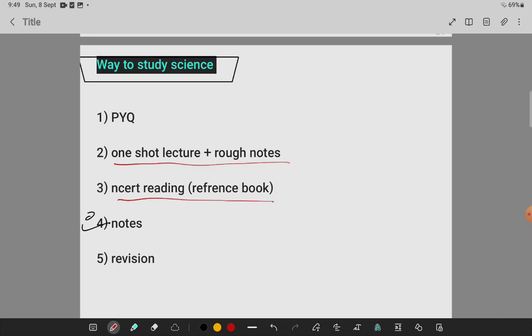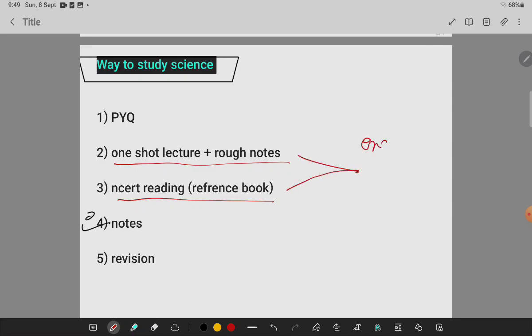So which point is perfect and comfortable for you, that you have to make out. Which one is easy for you to remember. From that you have to combine both of the notes and make a good note. You have to make good notes for your annual exam, that in the